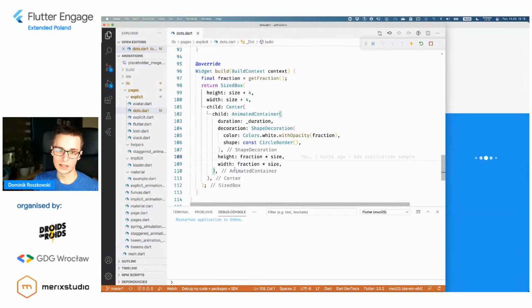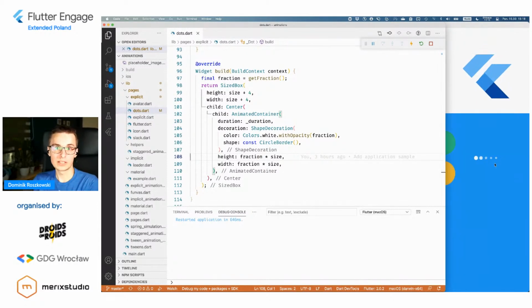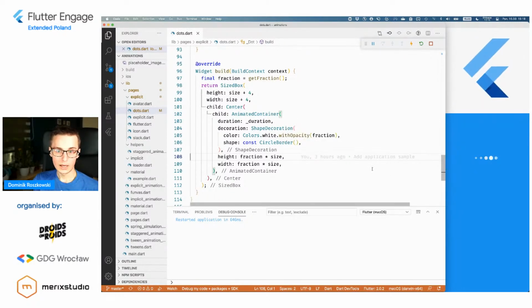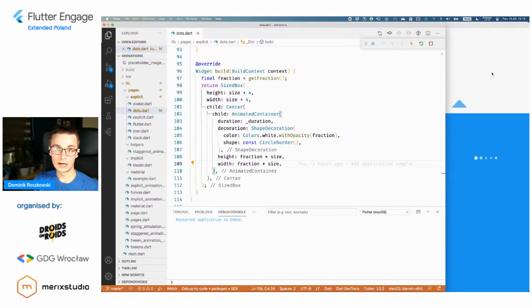The point is that I'm combining both of these tools here in order to create a pretty pleasant animation, right? So this is something that you would like to see in your app. It's something that is not obtrusive, and is pretty nice to look at. And if you want to see some details about the rest of the animations, I encourage you to check out the source code later.